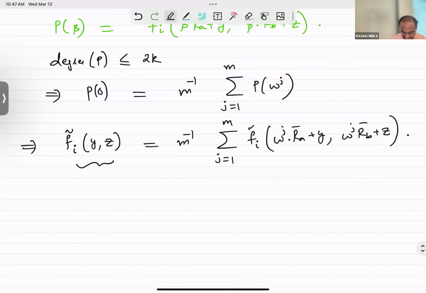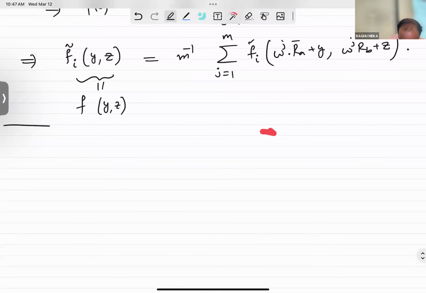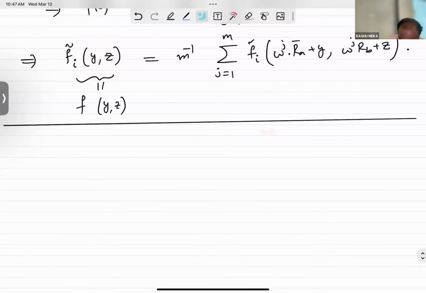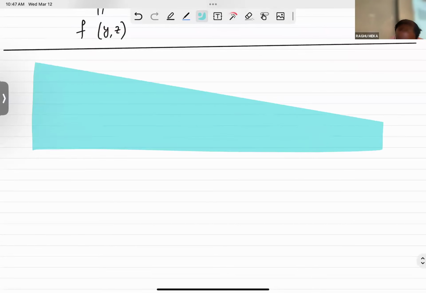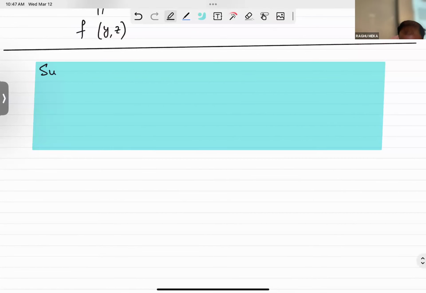And this is just f of y comma z, because y and z are elements in {0, 1}^k. All right, so that's basically it. And what do we gain from this? Just to summarize,